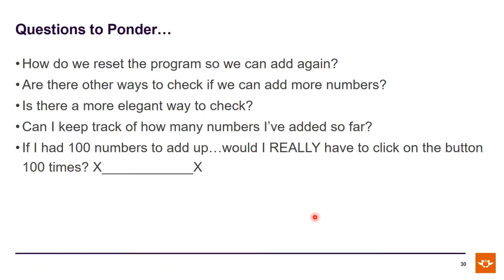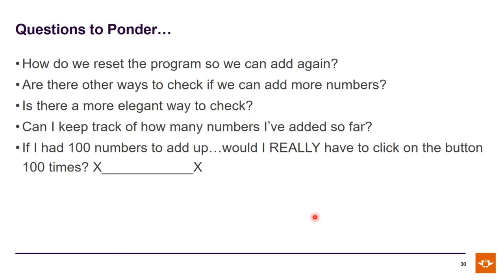Keep track of how many numbers I've added so far. In other words, would it be nice if the program said, please enter the number for number 1. Please enter the number for number 2. Online people, what do you think? Would it be nicer to be prompted, you need to enter the number for number 1 now, number for number 2? Okay, and then that last question here,